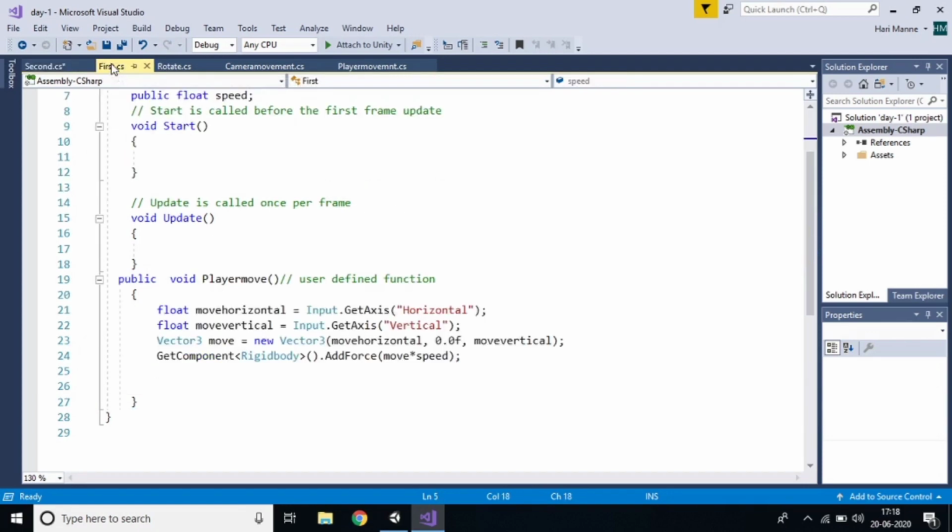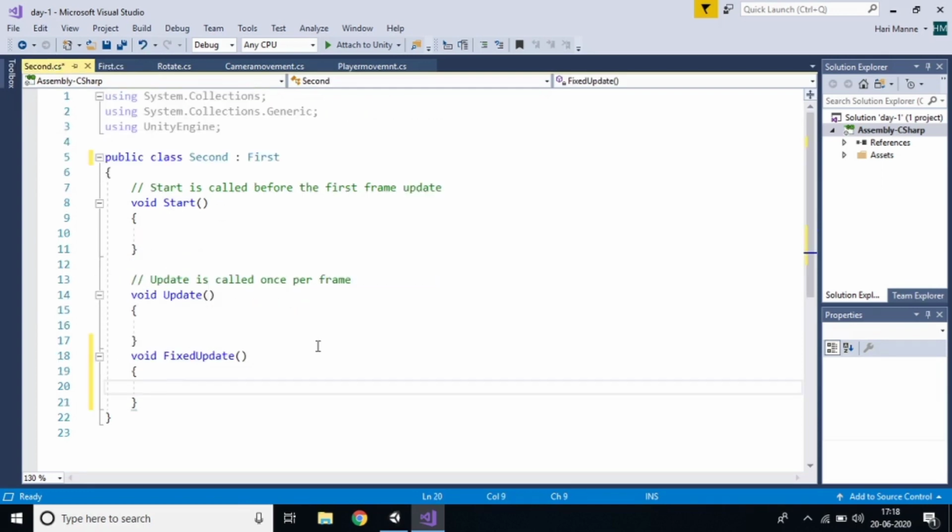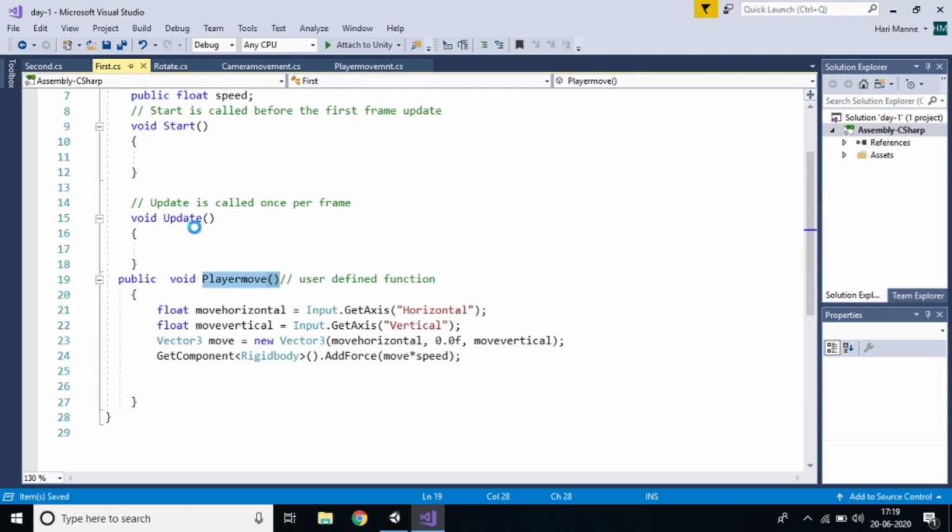Now I want to call this function here. The function name is PlayerMove. Just copy this function and paste it here. Just keep a semicolon. That's it, we are done. And just Control S, and this one also Control S.